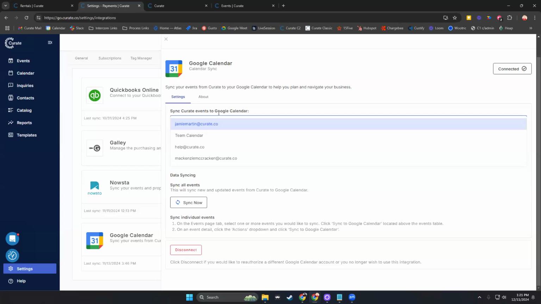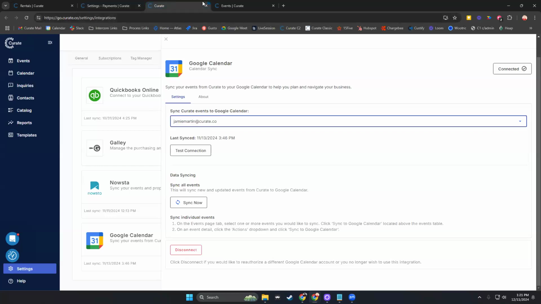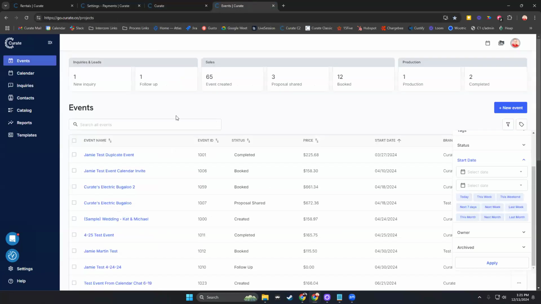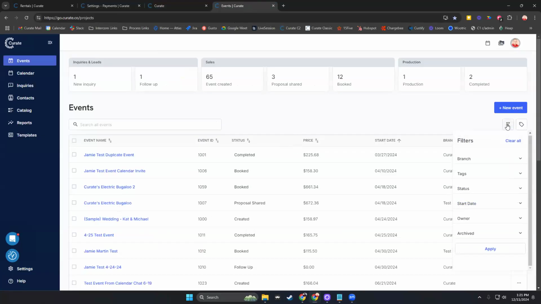Jumping over next, this is in reference to an update that we did to filters. If you ever wanted to get a finite timeline of a list of your events in a quick and easy manner, we did an update on how to do that with our filters. As you can see, I'm on my main events page for my example account here. I'm going to jump over to filters on the right side,